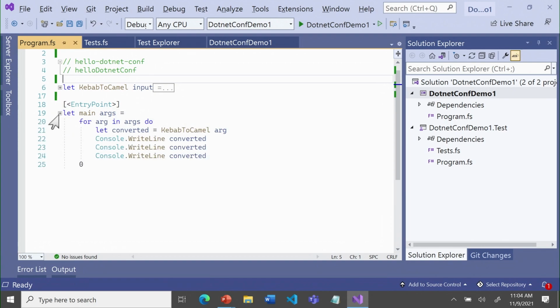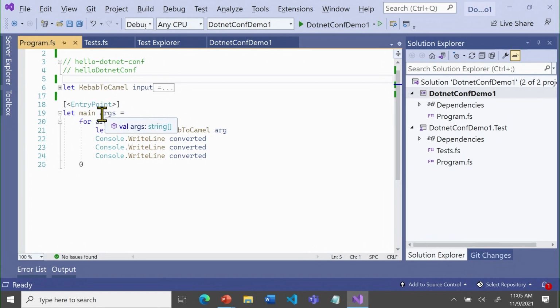So the next thing, let's take a look at this, is that it's an indentation-based language. That means the blocks are very obvious, very clear, it's very nicely laid out and clean. Another thing you might notice is there's no parentheses around the args. Parentheses in F# are used only for grouping, commas are used only for tuples. Then you'll say, where are the types? There's no types here. Then if we hover over args, we'll see that it is in fact a string array